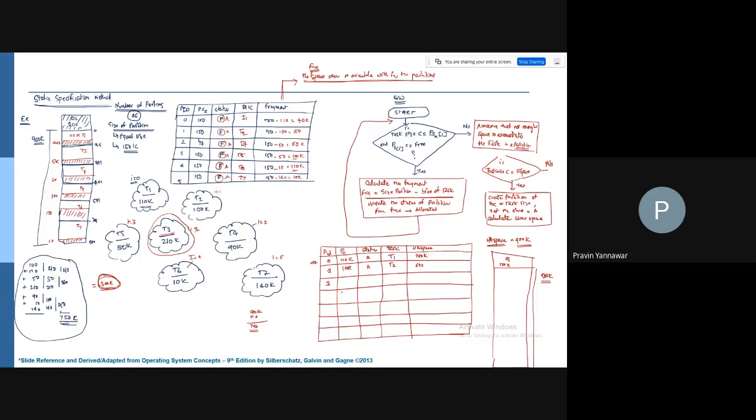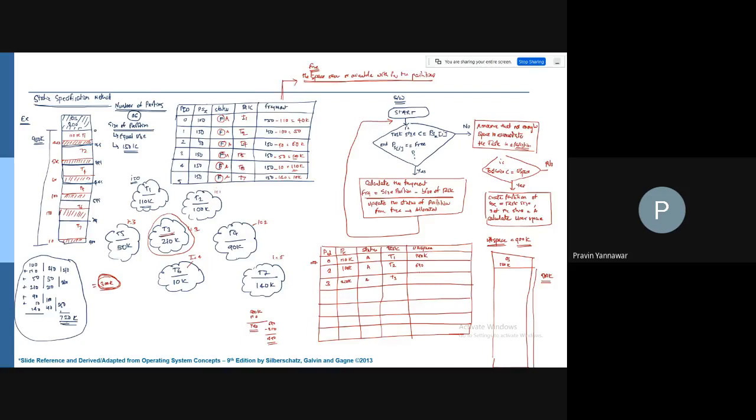The third partition we could not accommodate in the static specification, so we are going to have it here, this 210k available. We are going to make it T3, so 690 minus 210 is 480. So you have 480k space available.